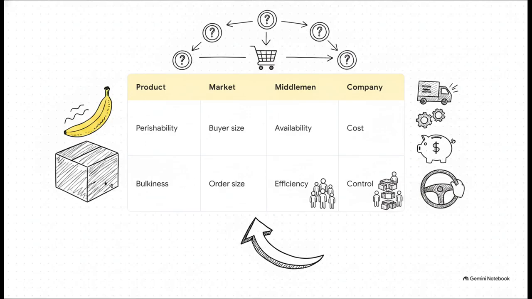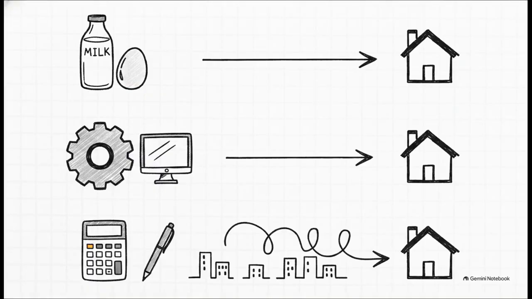Let's break down exactly how a few of these factors dictate the path. Notice how the physical nature of the product heavily dictates the channel you choose. For instance, you absolutely wouldn't use a long channel for perishable goods like milk or eggs. They need a short, lightning-fast channel so they don't spoil. Similarly, really heavy and bulky items like cement or steel use short channels just to cut down on those massive